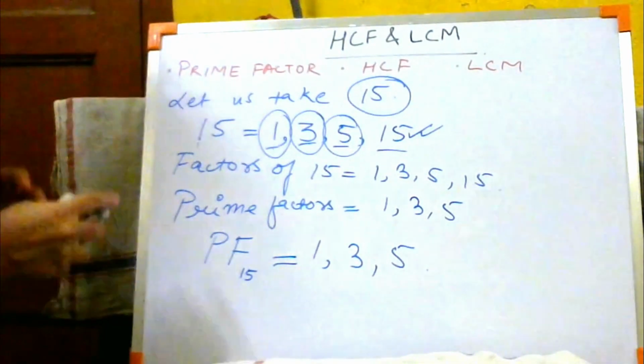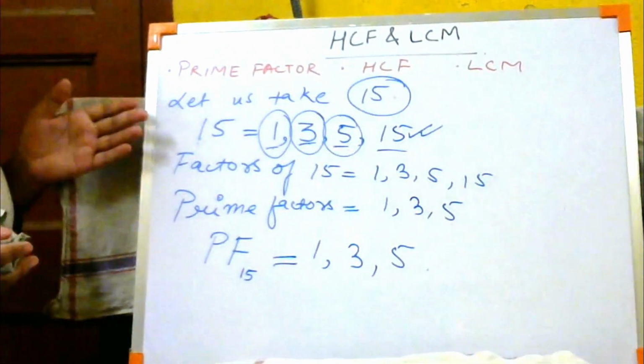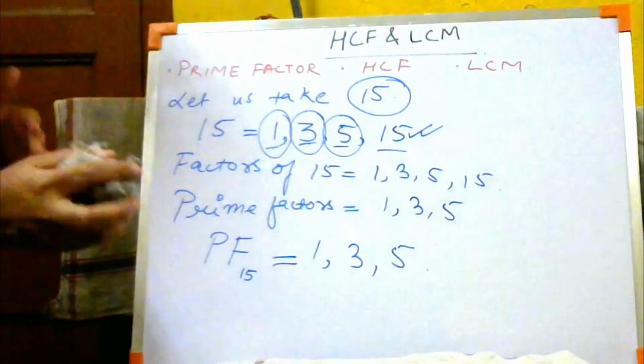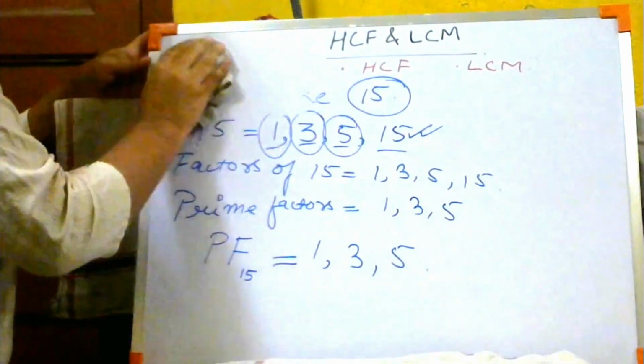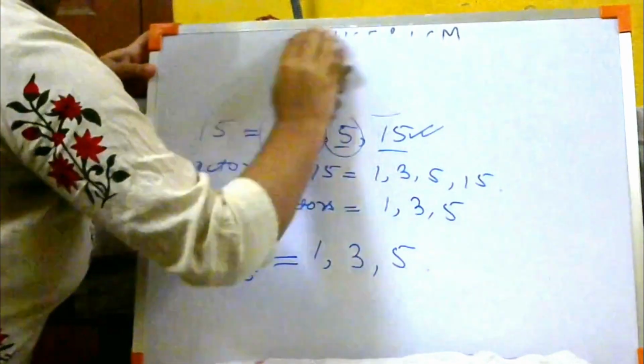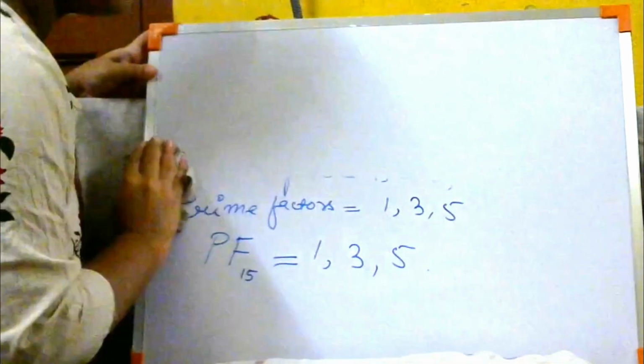Now let us go to the sums of prime factor. Let us move to your exercise in the textbook. So let us look into your book now. Open to the chapter HCF and LCM, and let us do the first exercise. The first exercise is on page number 63, exercise 8A. Clear? So let us open that page.